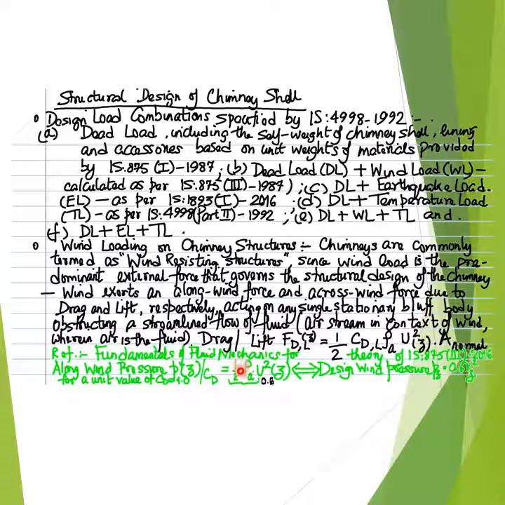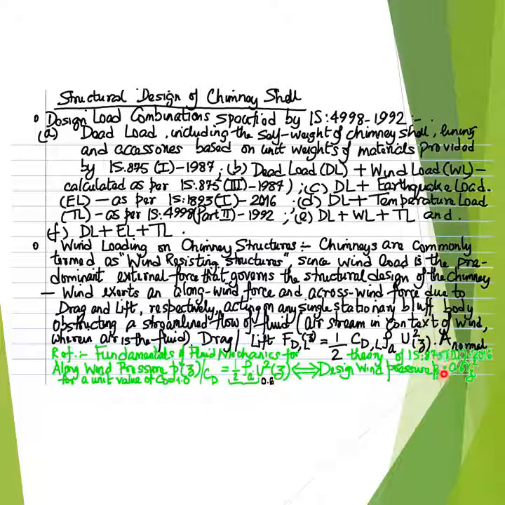Noting that the air density, or the density of the fluid, that is the fluid in the context of wind, is 1.2 in SI units, the design wind pressure for a unit value of the drag coefficient CD, that is CD equal to 1, in the along wind direction is specified, therefore, by the Indian Standard Codes of Practice